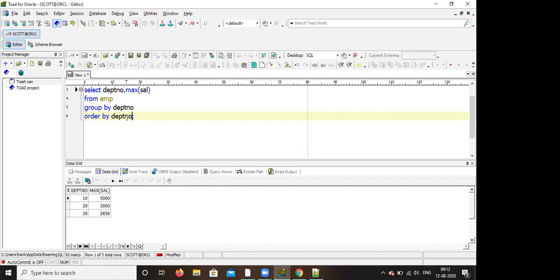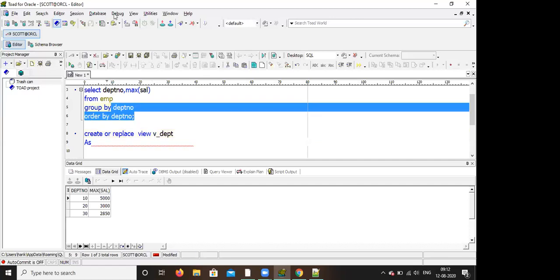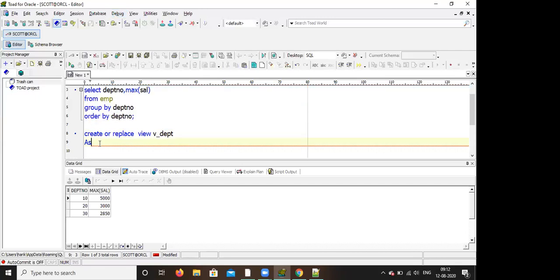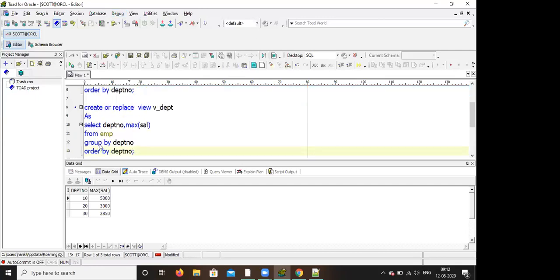Now on top of this, create a view. Create or replace view, give some view name, as, then this query. Now run it.